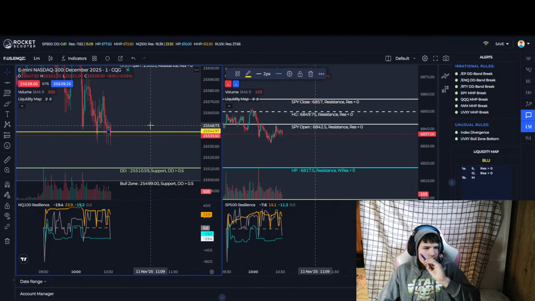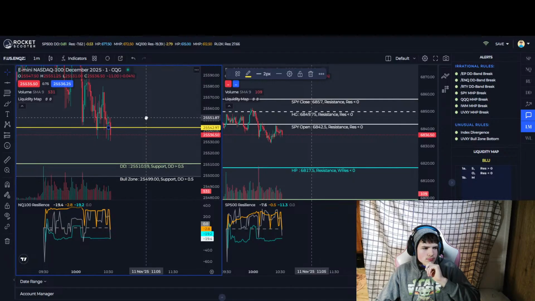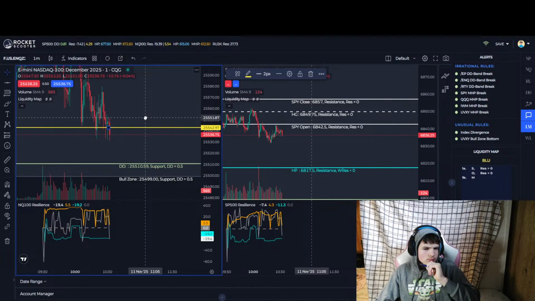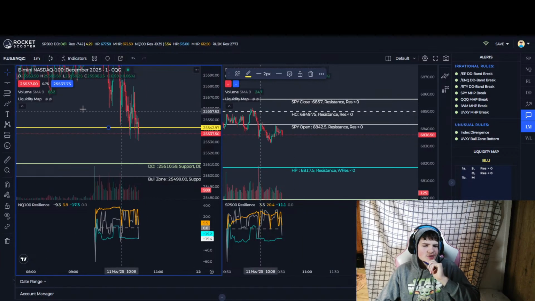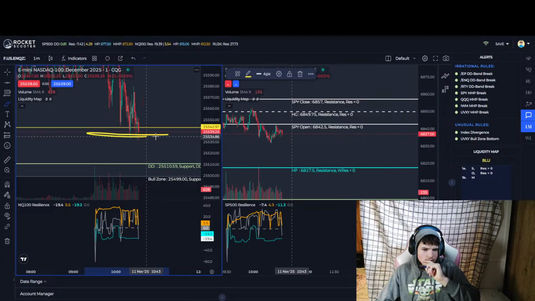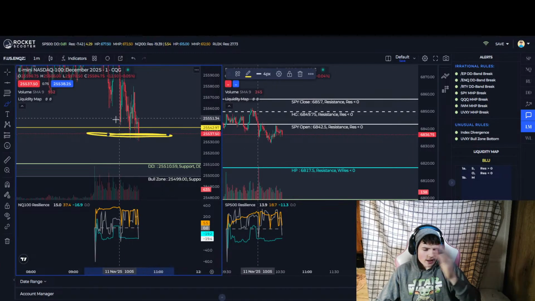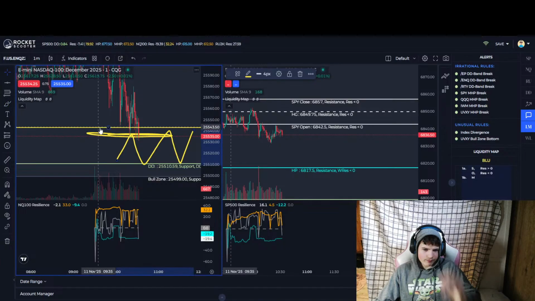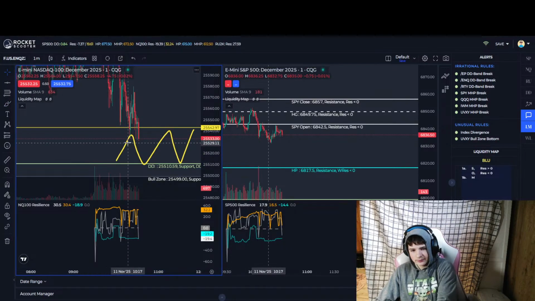I think the thing is around here. Matt's saying under this yellow line, it's just gonna be chop.